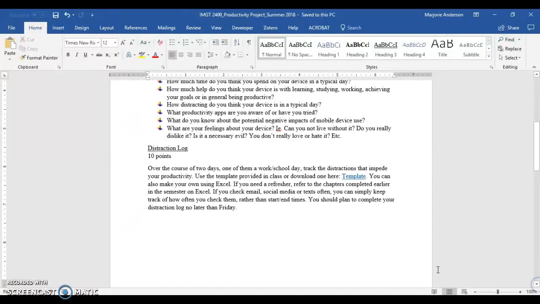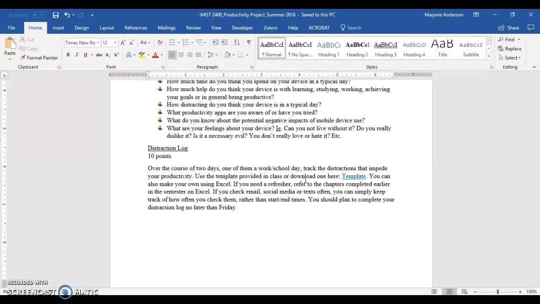The next thing that you're going to do is pick 2 days throughout the week. And this is why I start this week. I would like it if one of those days was a day that you go to work or you're working on classwork, but if not, that's okay. What you're going to do is keep a log of your distractions. Now there's a template here that's really great. You're welcome to use it, fill it out, upload it, or you can use Excel and create your own log. But what you're going to do is just look at how often you are distracted and what actually is causing